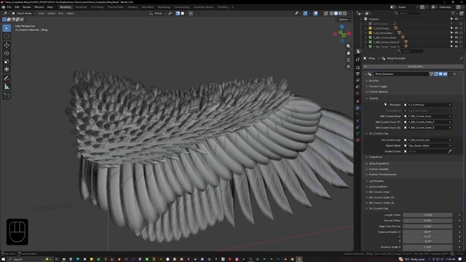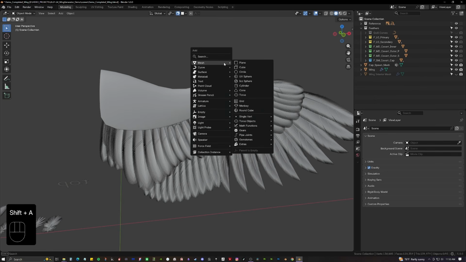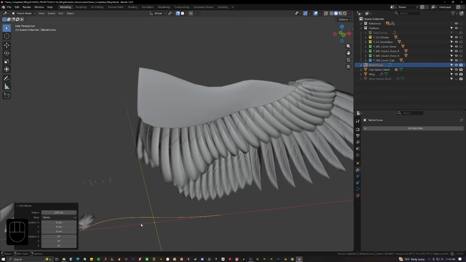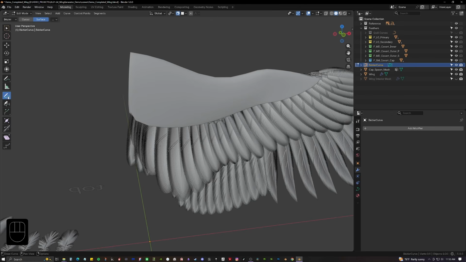To add the guide curves, I'm just going to temporarily turn off the visibility for these small coverts because they will get in the way and we don't want to draw on top of them. To add our guide curves, we first need to add a Bezier curve object to our scene. So I'm going to add this here and then go into edit mode, and I'm just going to delete the default curve. Next, I'm going to select this draw tool here to draw a freehand spline and make sure that